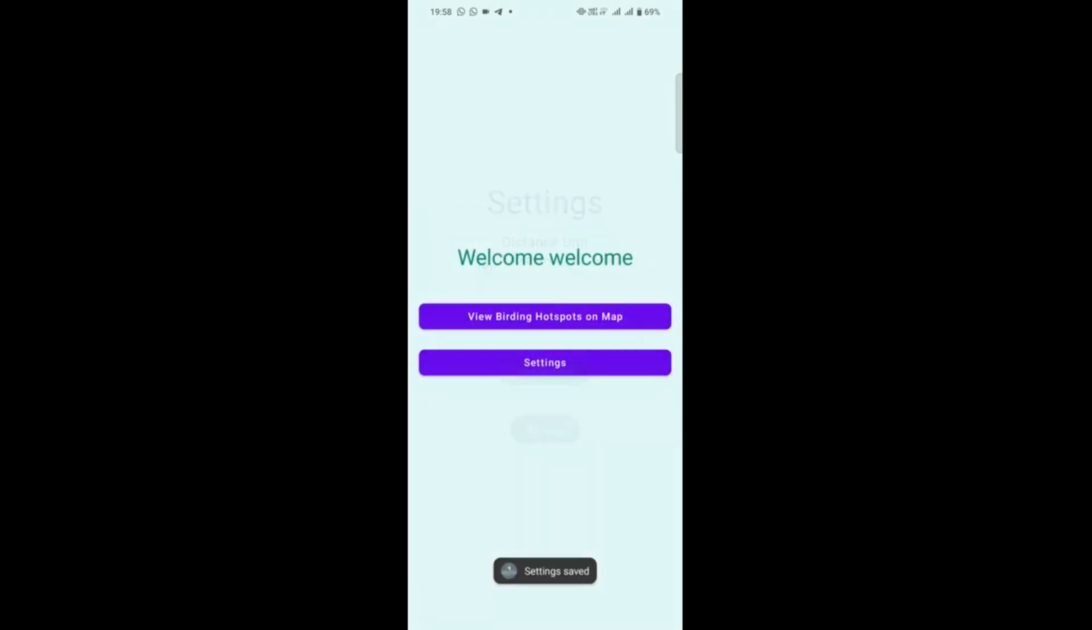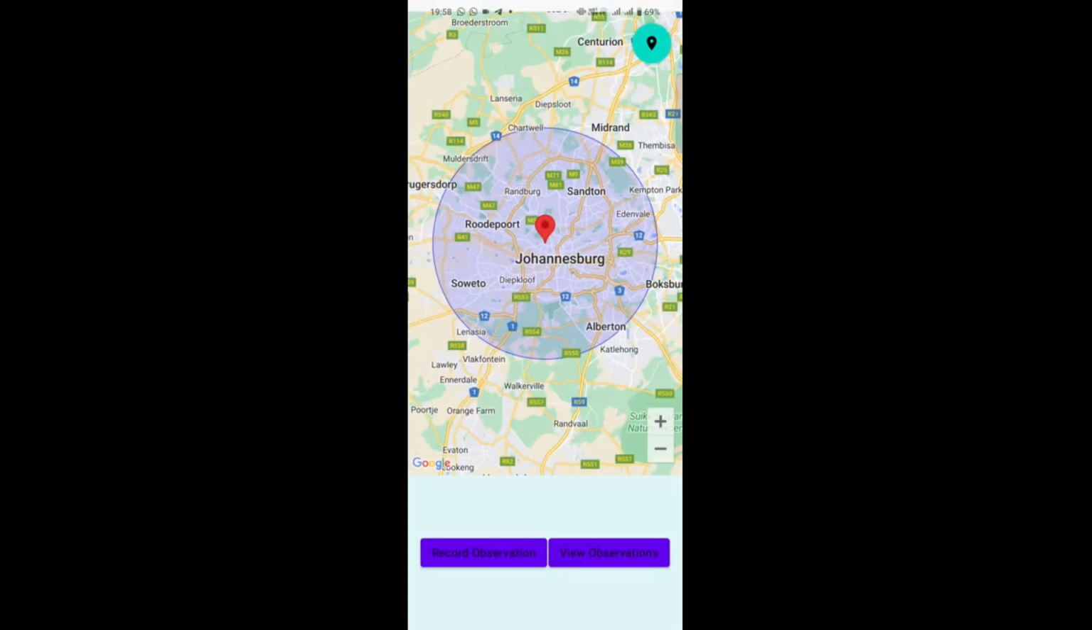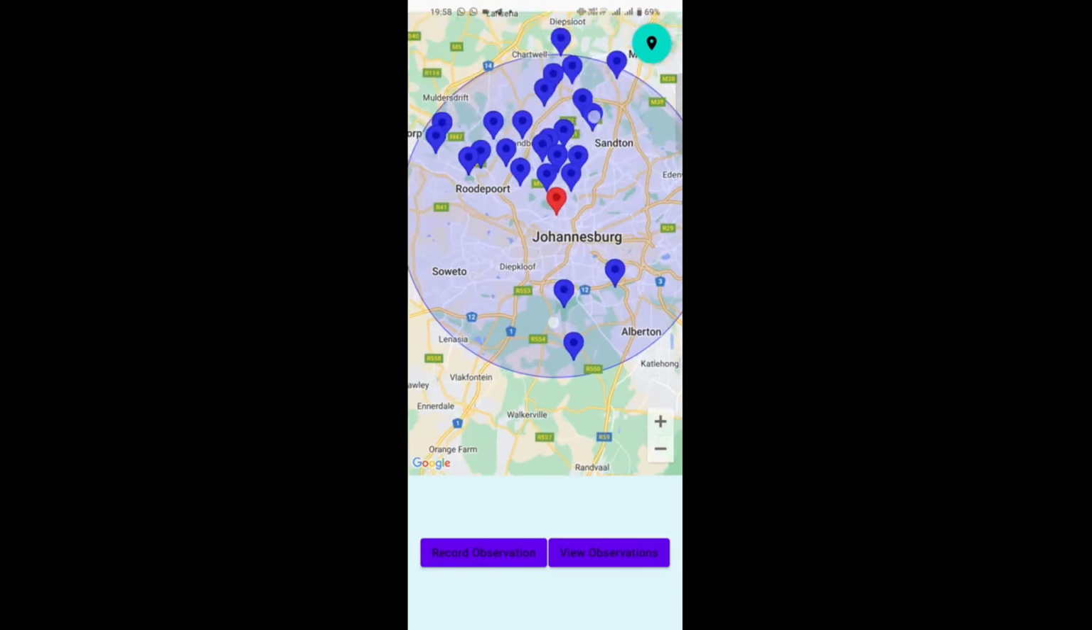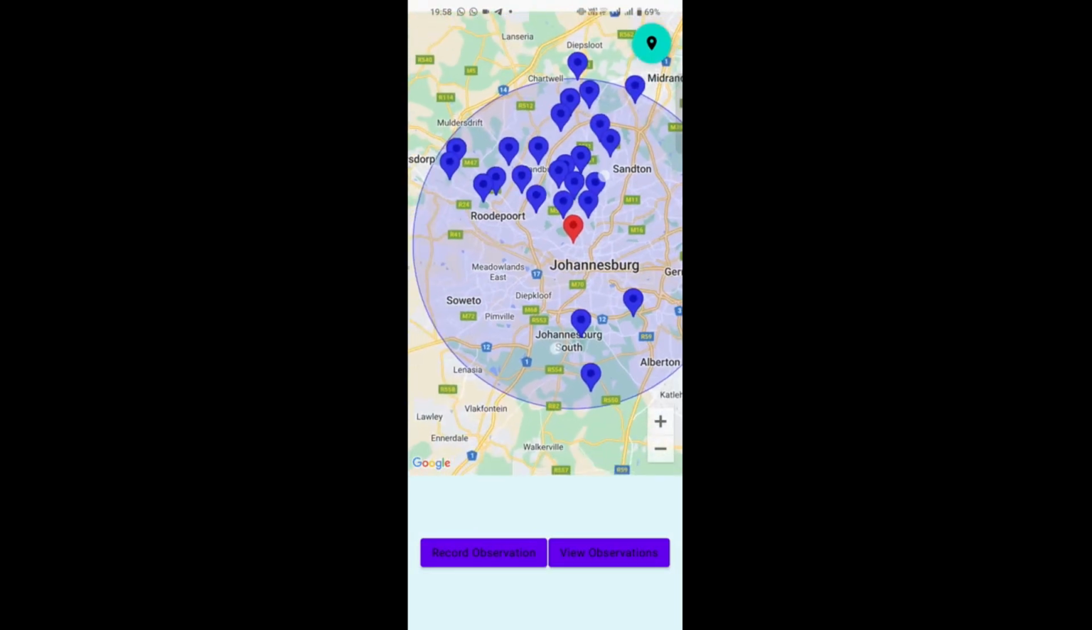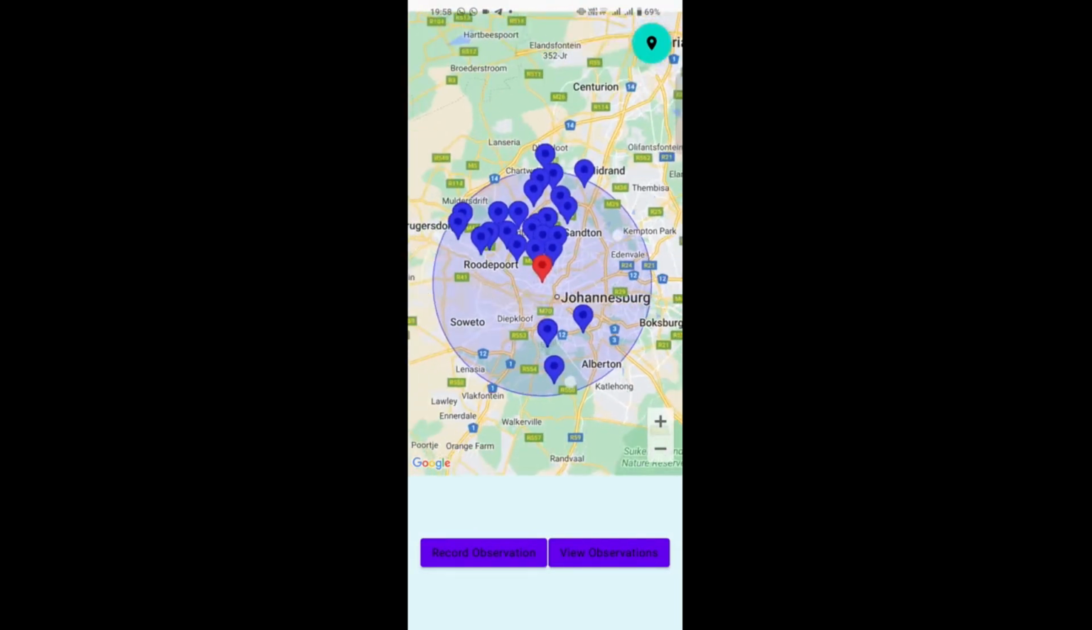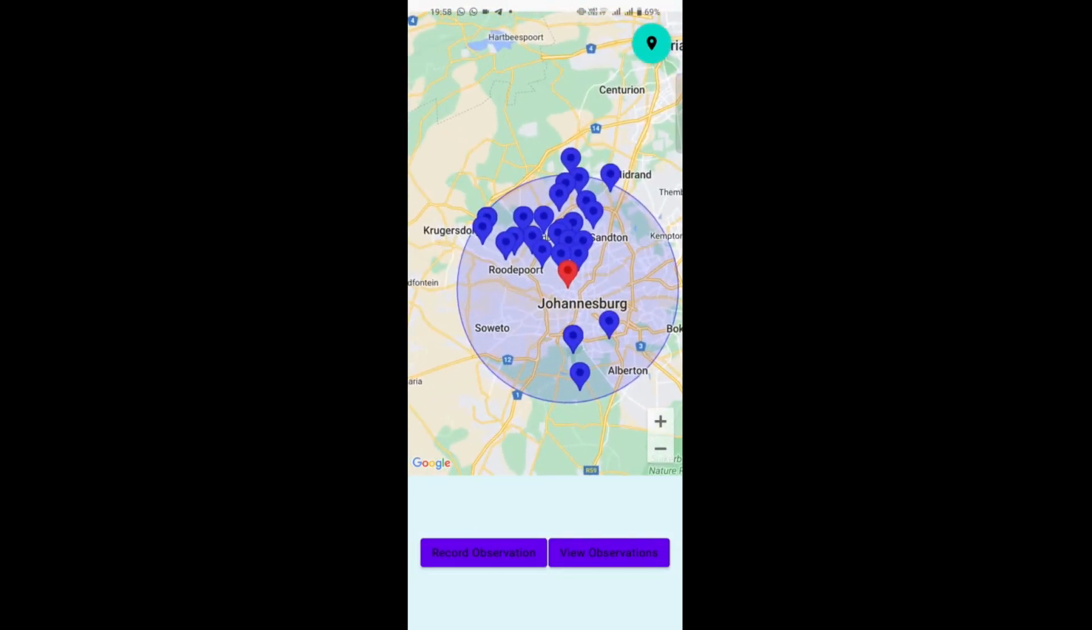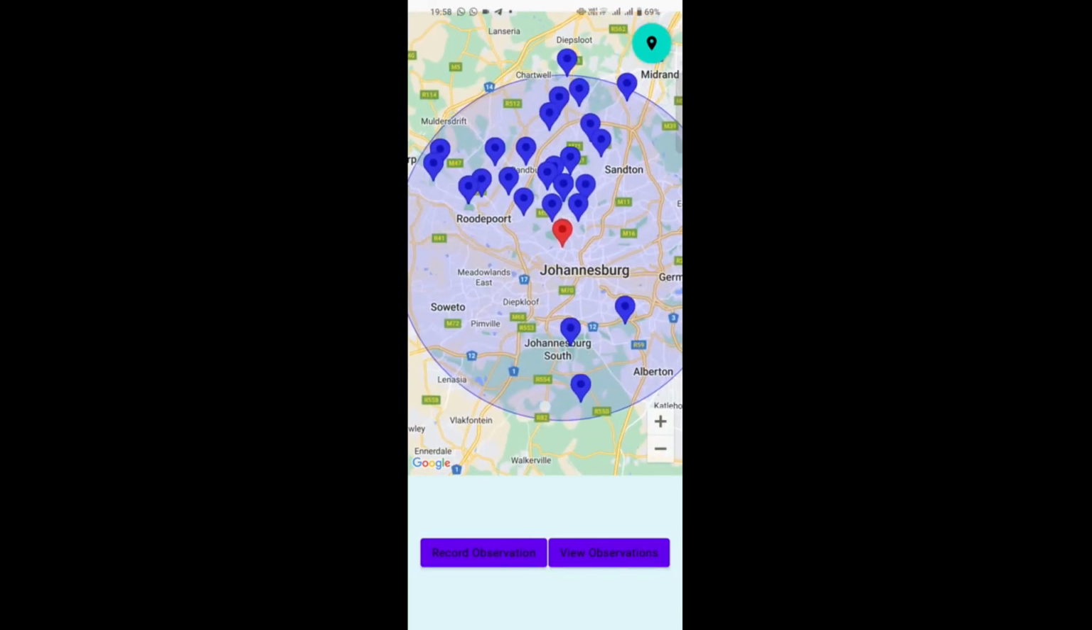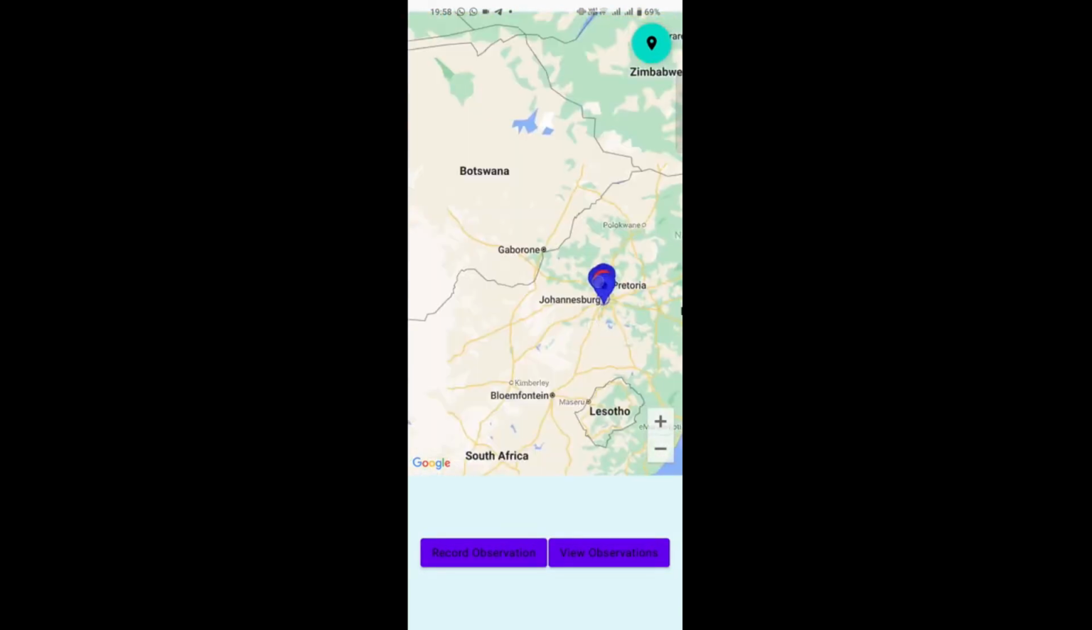Settings saved. Go back, view. As you can see, the circle is much smaller. Found 150 bird sightings within the distance that the user has set. So we zoom in, we have our current location, we have the bird sightings, and should the user